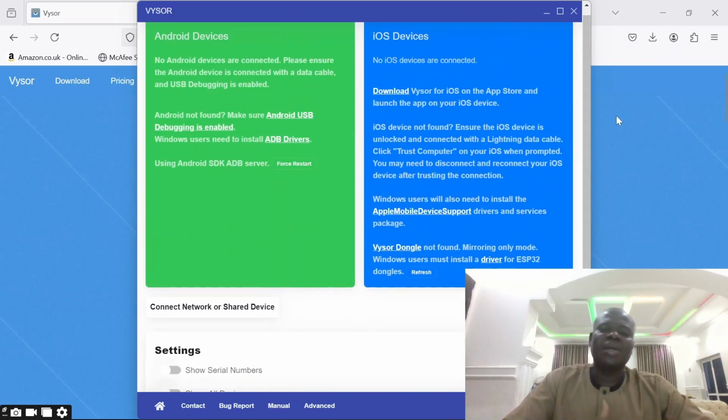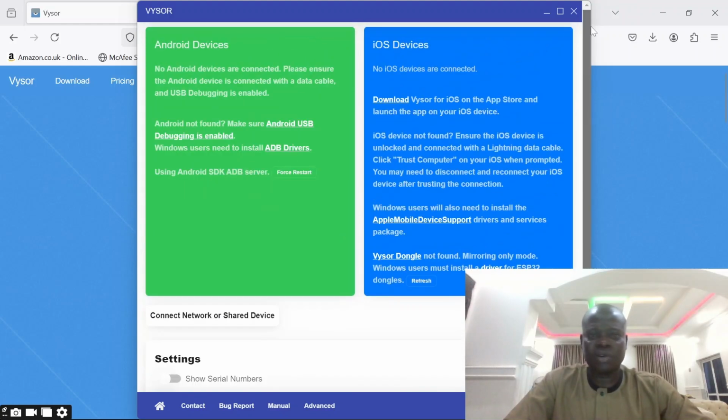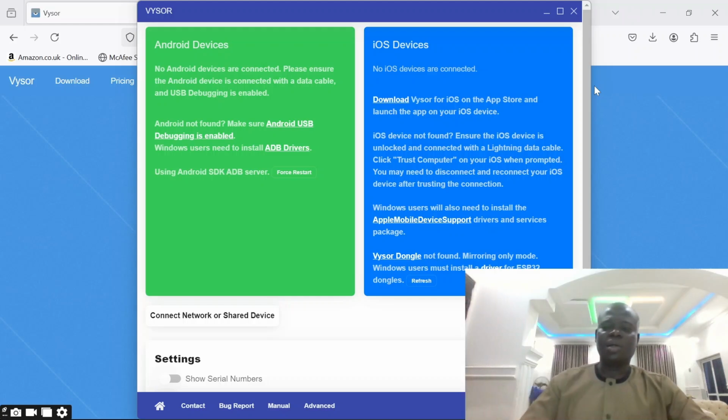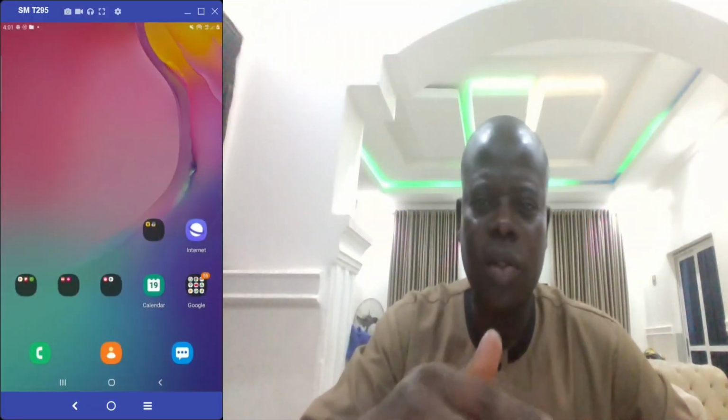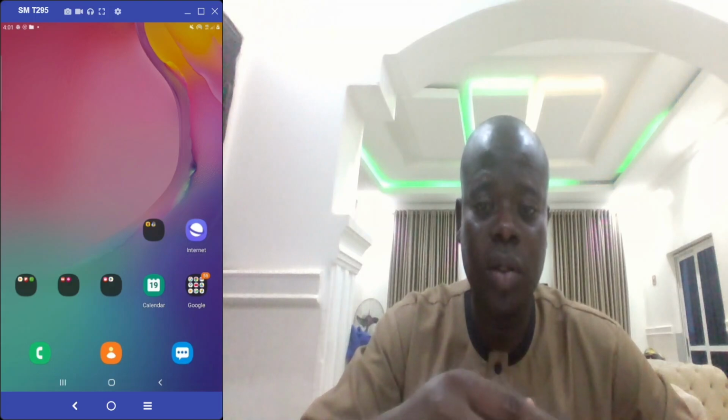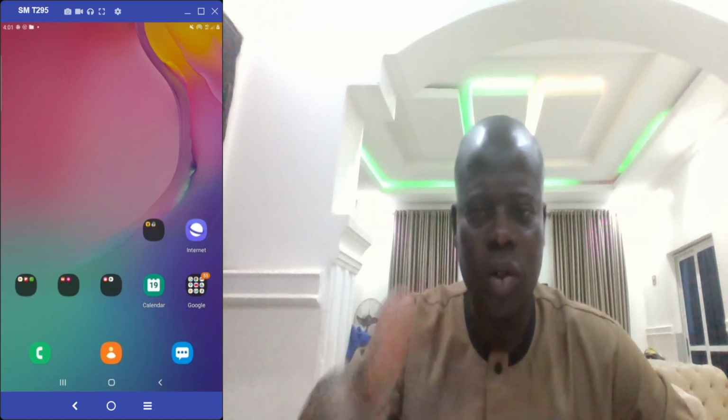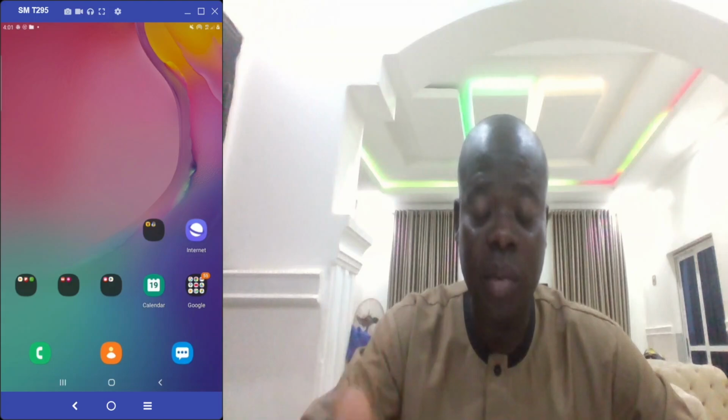You just click next, install, next button for it too. It's not something special, it's not something difficult for anybody to do. So this is how to do it, and we've installed it now. We have the Vysor installed on our personal computer, and we have it installed already on our smart device. Having installed the Vysor successfully on my smart device and also on my personal computer,